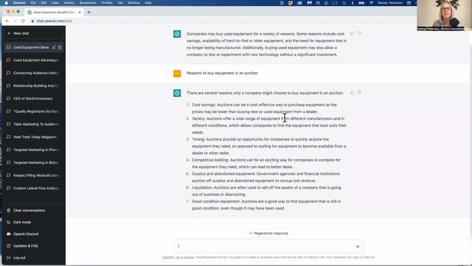But what it is, is a great baseline. It is a great way to keep continuity and consistency with your social posts. So in this, you've got 7 different topics you can talk about in a consistent order on why companies would buy equipment in an auction setting. You can go on to even ask it the other side of